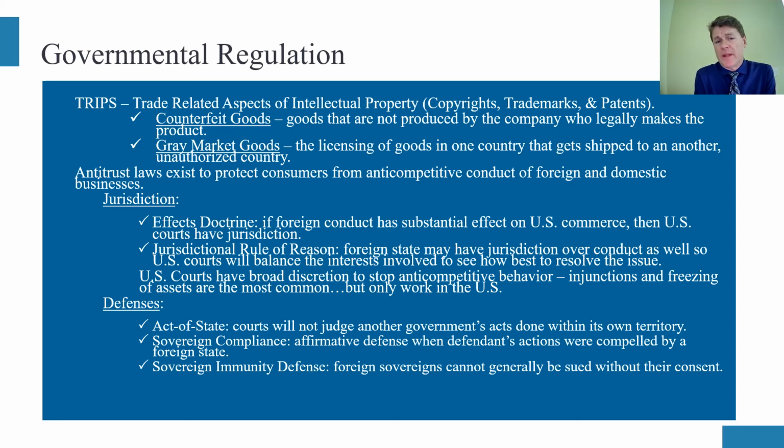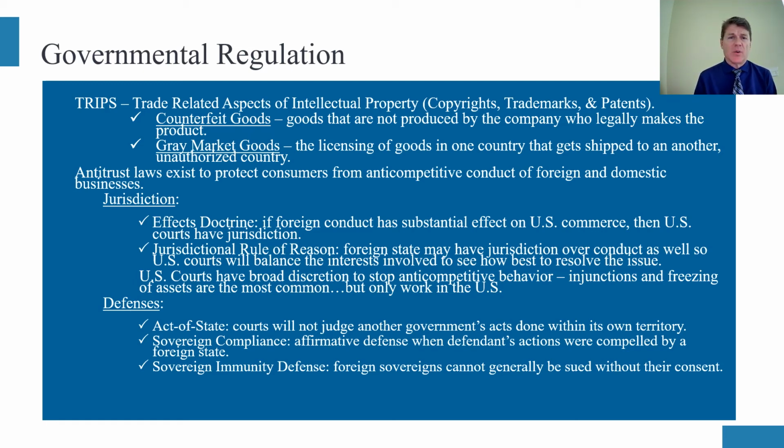When it comes to governmental regulation, we mentioned in Chapter 32 intellectual property, and I didn't discuss counterfeit goods versus gray market goods, but this is an overlap with that chapter. Counterfeit goods, as you could imagine by the very label, are goods that are fakes. They're knockoffs. If any of you have been to New York City, you know that on street corners you'll see vendors selling things that look like a genuine Rolex or some other luxury good, but they're selling it very inexpensively. The reason it's being sold so inexpensively is that it's a counterfeit good. It's fake.